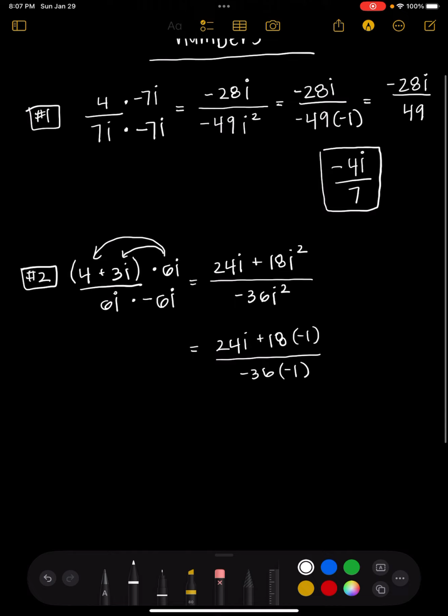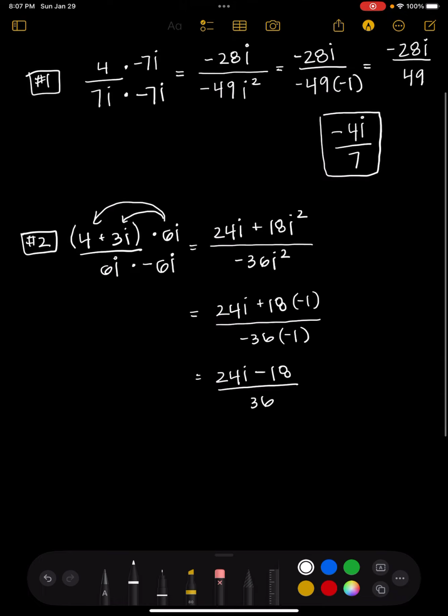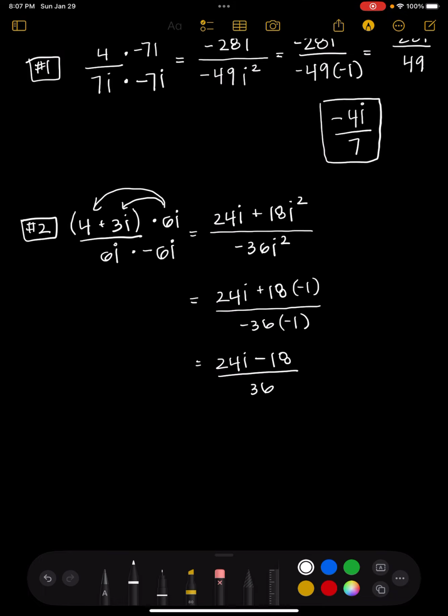Okay, now let's continue to simplify this. We would have 24i minus 18 over -36 times -1 gives me a +36. All right, and we're almost done. So we got all the imaginary numbers off the bottom of the fraction, which is great. Now we can actually simplify all of these numbers because they are all divisible by 6. So I'm going to divide everything by 6, and I end up with 4i minus 3 over 6, which is